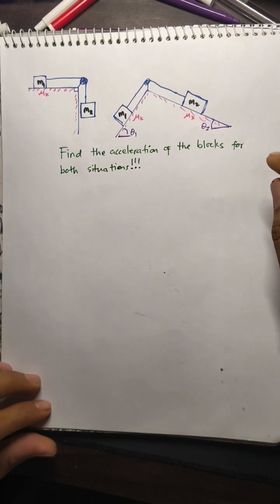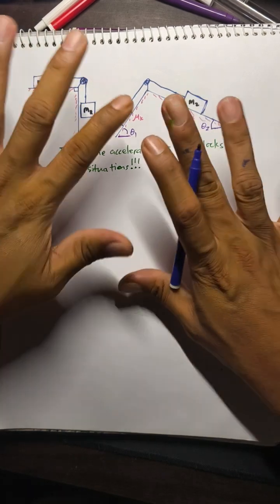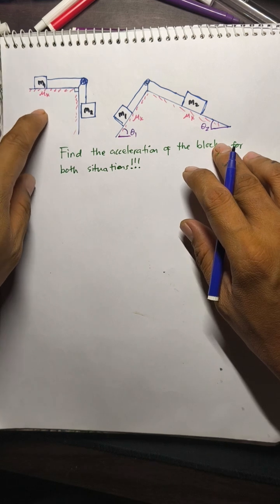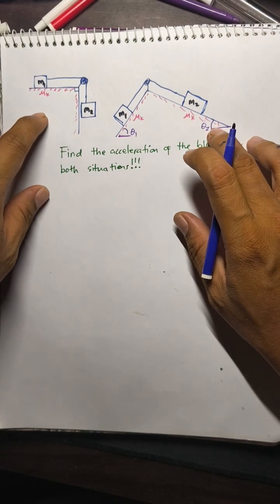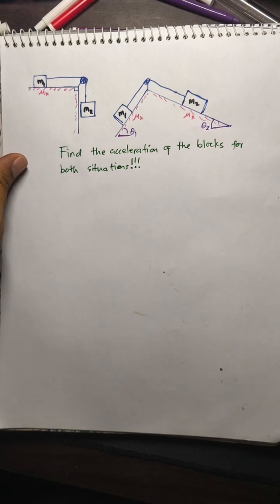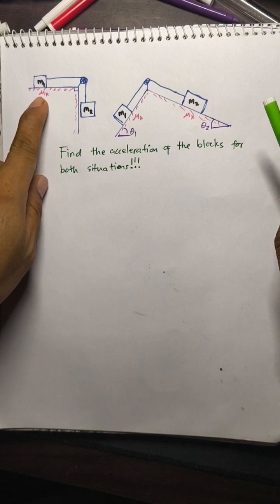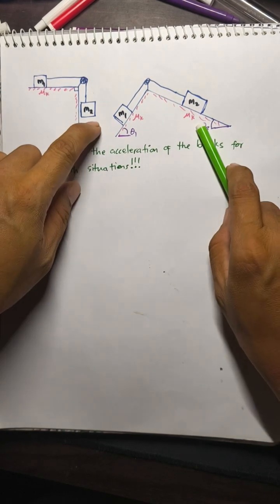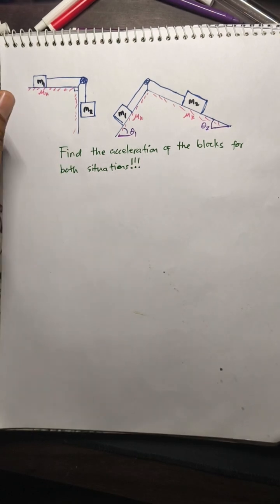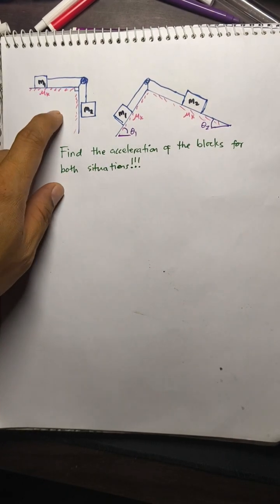Okay, today we are going to solve these two problems at the same time. I mean, solve them separately and see how they are related. First case, first situation, and this is the second situation. We are asked to solve for the acceleration of the block of masses. In this case, there is friction on the surface, and this is actually a combination of friction and tension. Okay, so let's move to the first case.